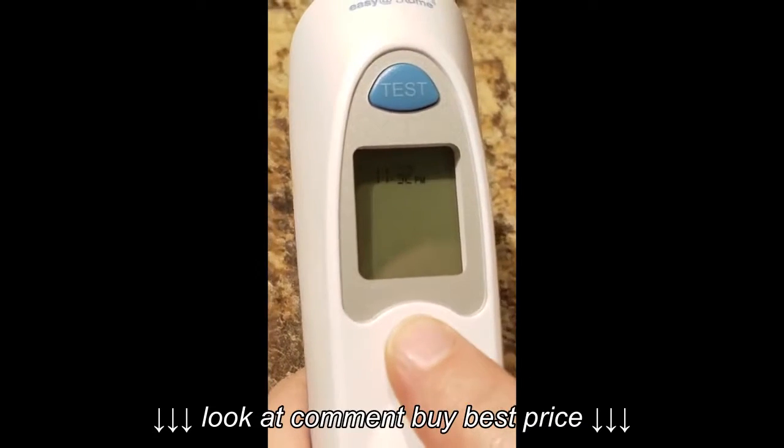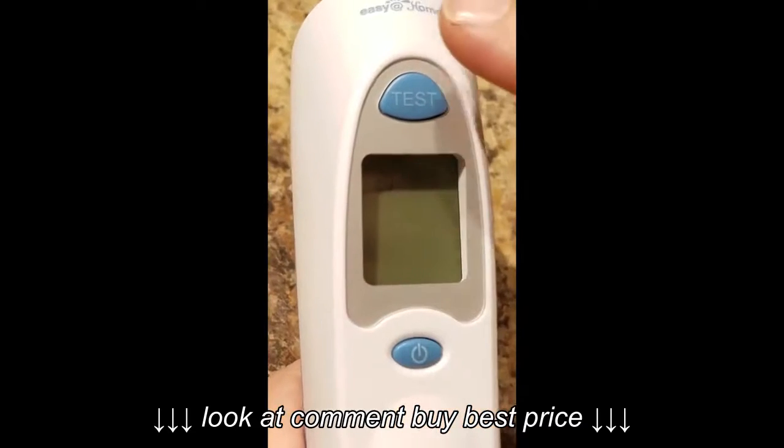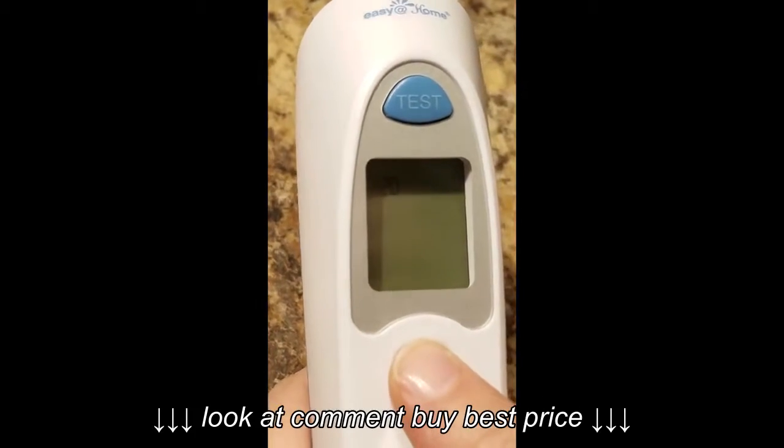Alright, so I've got it at 11:32 p.m. so I'm going to hit the power button again. And then you're going to pick your year. It's on 2015. Just hit the test button to change the year, 2016, and hit the power button to accept